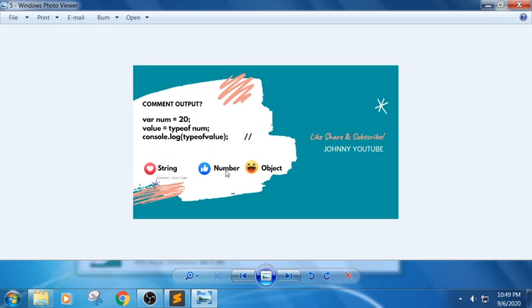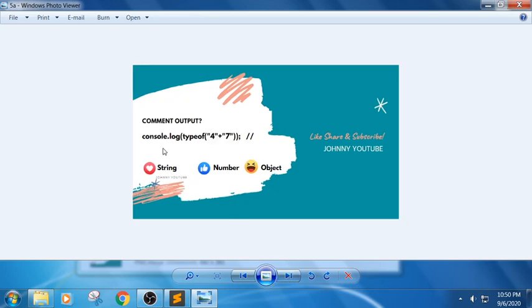Next question. Here we have variable num equal to 20, value equal to typeof num, and we use console.log typeof value. Typeof num is number, and typeof number is string.